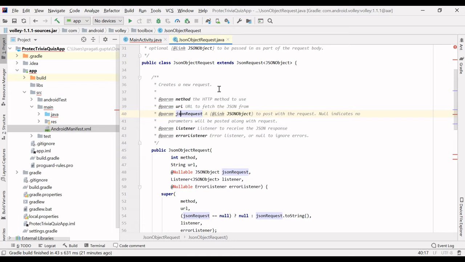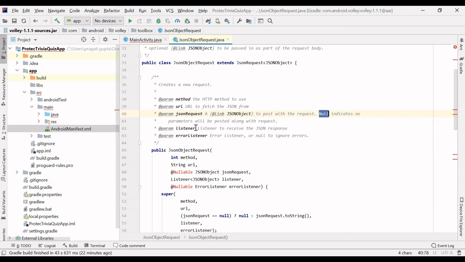If we want to post some body or payload with a request, we provide it in the third parameter. If we don't want to post anything, we can simply mention null to indicate no parameter will be posted along with the request.